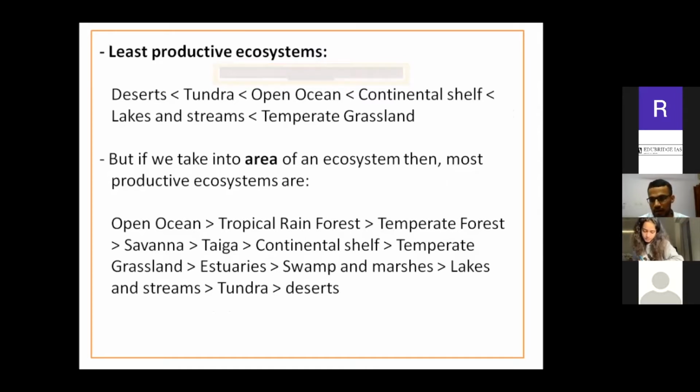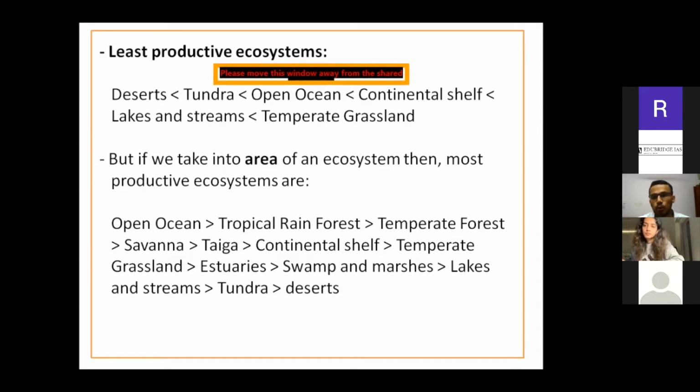Then tundra. Tundra is also the least productive ecosystem. Tundra is an ecosystem, or a biome, at the subpolar location. That means from 70° to 80° north in the northern hemisphere, the tundra biome or tundra ecosystem is there, and they are less productive. Why are they less productive? Because snowfall is available, but sunlight is not available for most part of the year. It is available only during summers, and that's why tundra is also the least productive ecosystem.